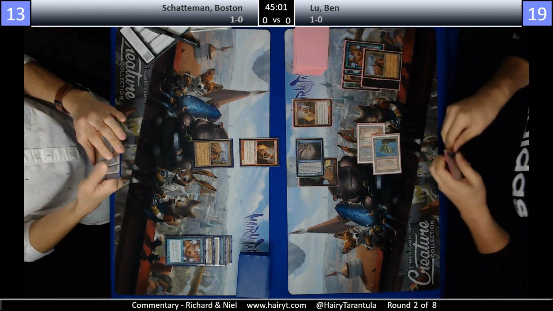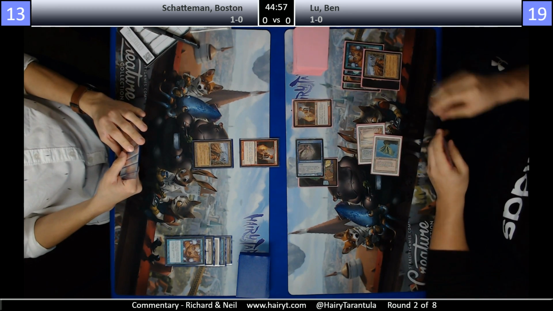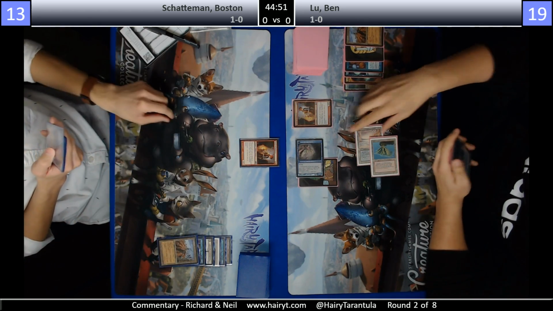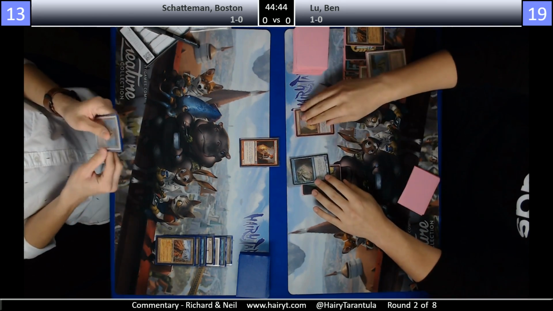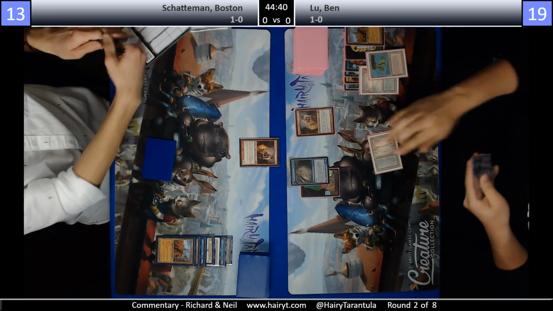And it's going to be one of those games. Yeah, a lot of tokens. Which, if the ground is going to get locked up this way, then Ben's Delver in the air is actually extremely good. Yeah, because it's possible... Oh, Boston double Wastelands. Okay. Nobody gets to play lands. Oh. Well,